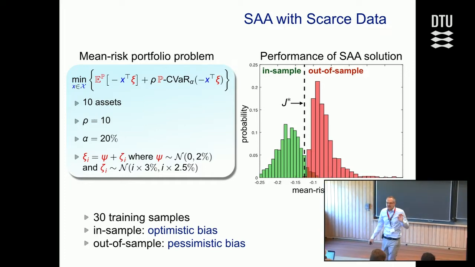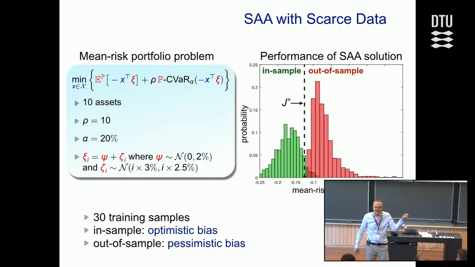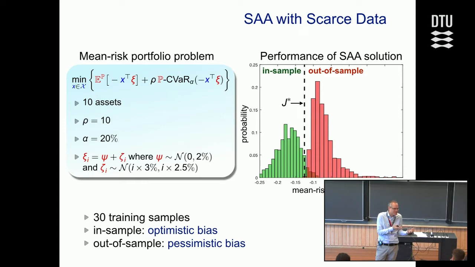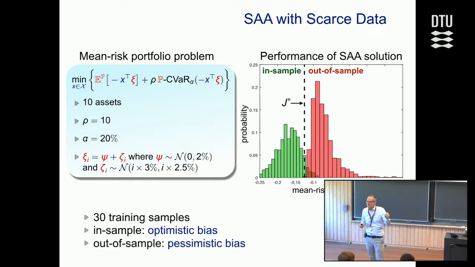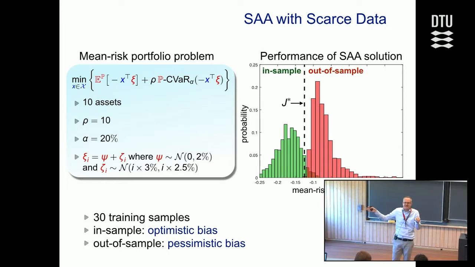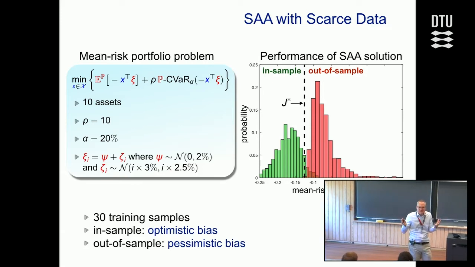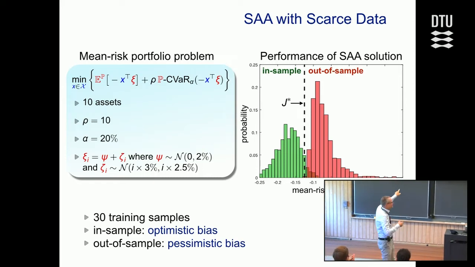Now, each of these 10,000 times, I got an optimal portfolio from the SAA problem, an X hat, right? Which is a random portfolio that depends on the training samples. So for each of these portfolios, I evaluated the true objective of the optimization problem by using another 10,000 test samples to compute the out-of-sample performance basically exactly. Okay? For each of the 10,000 optimal solutions, I do that, and I compute the out-of-sample performance in this way. And that gives me another histogram, and that's the red histogram.